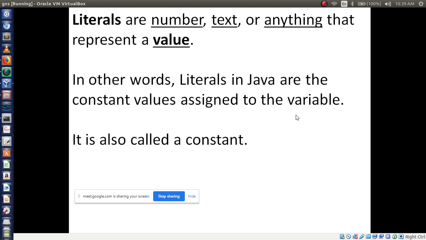Literals may be numbers, or text, or anything that represents a value. In other words, literals in Java are the constant values assigned to a variable.